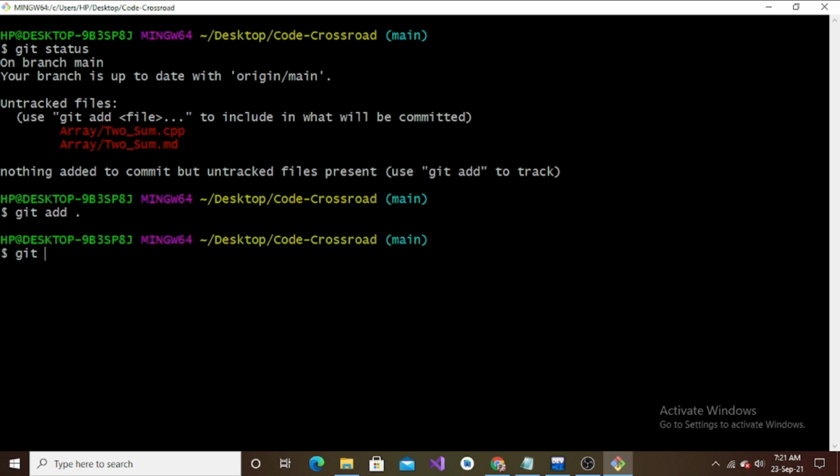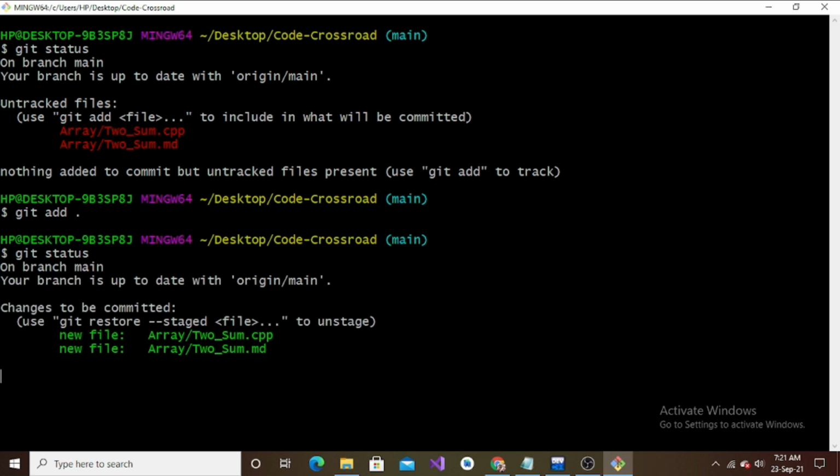So if I check the git status now, you can see under changes to be committed, there are these 2 files which are on the staging area. So these are staged, and now they are ready to be committed.